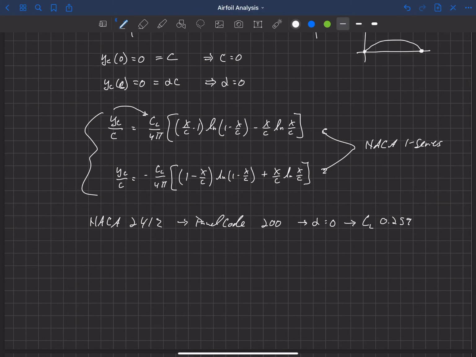So then I put this camber line into a panel code, and I did a 12% thick camber line. So just like we had for the thickness distribution for the 2412, that was the same percent thickness. So I did a 12% thick airfoil using the uniform load camber line. Now, one thing to note is that I actually used a slightly different NACA 4-digit series definition for thickness in order to close the camber line.